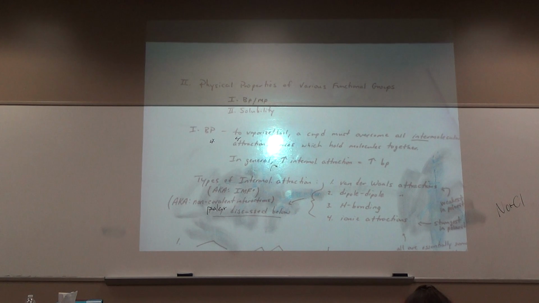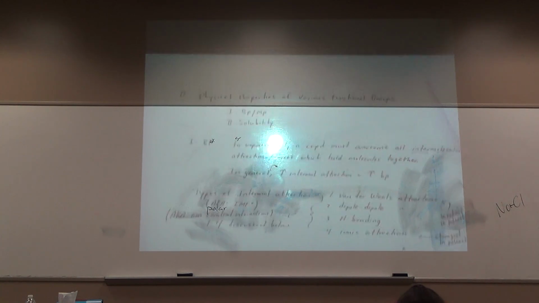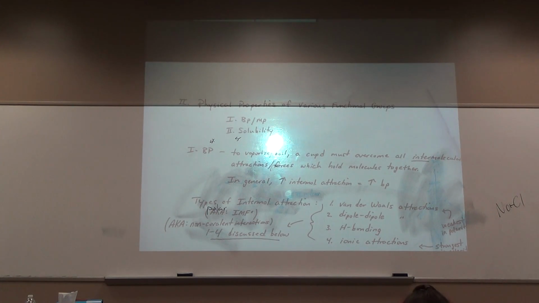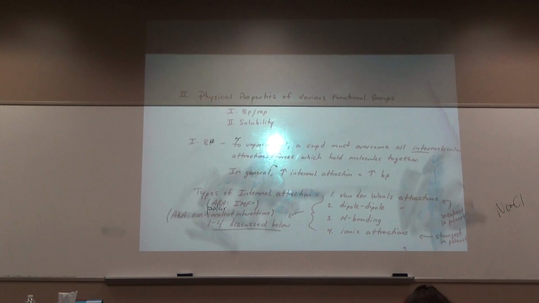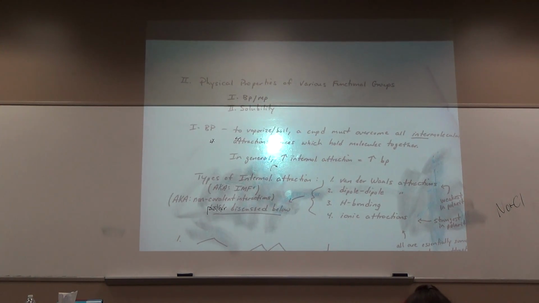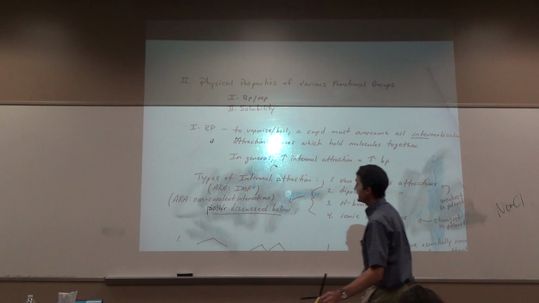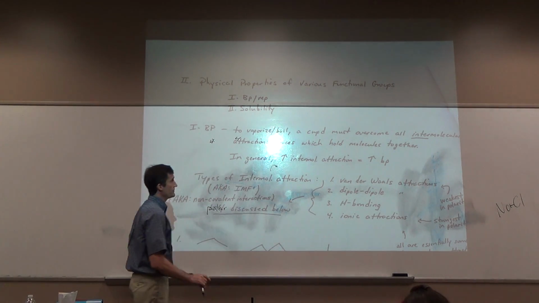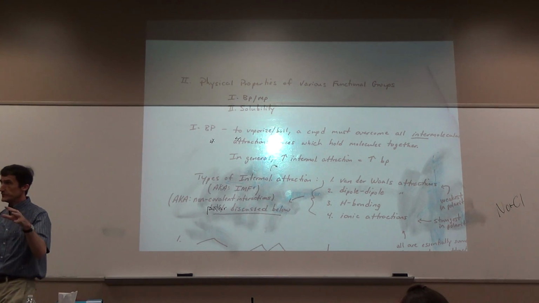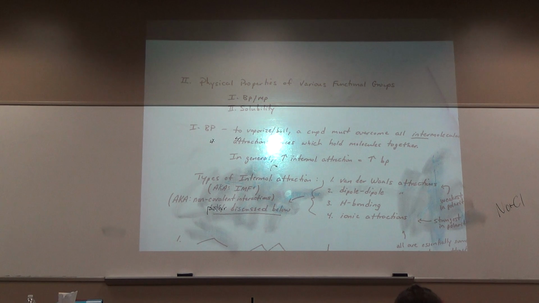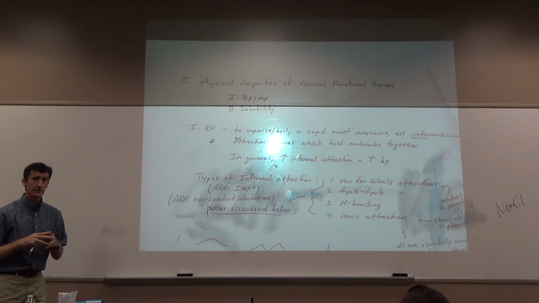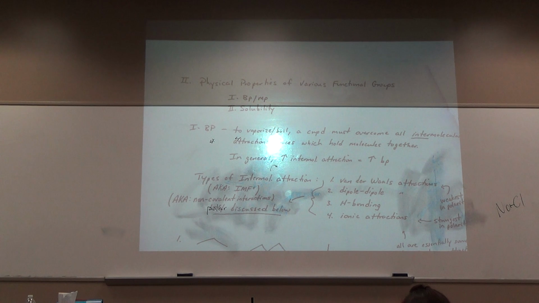Okay, let's look at physical properties. We're going to look at two main things: boiling point, melting point, and then solubility. First, boiling point, melting point. To get a compound to boil, we've got to vaporize it, yeah? To vaporize it, you've got to get the individual molecules to no longer be attracted to each other. So you have to break the intermolecular attraction, the IMFs, intermolecular forces. You've got to break those forces to get the molecules to separate and move into the